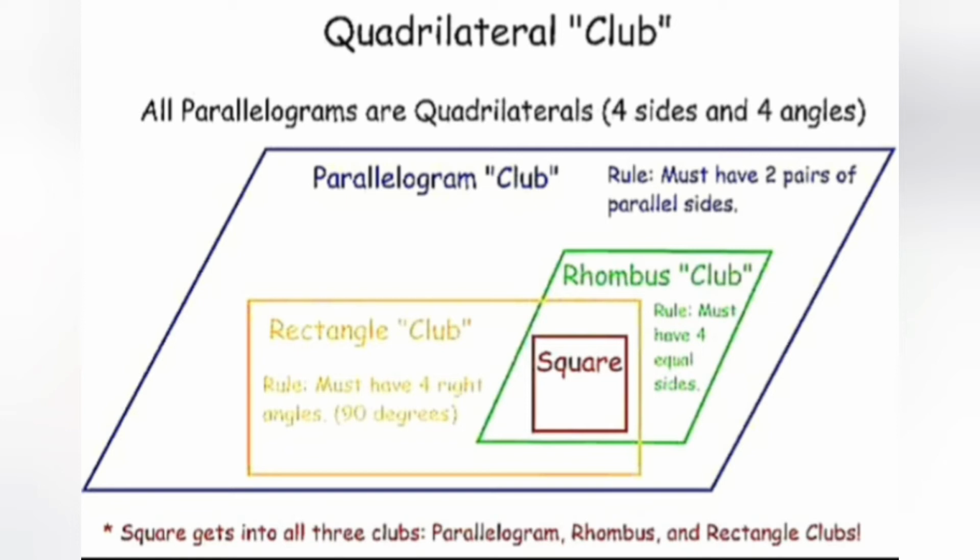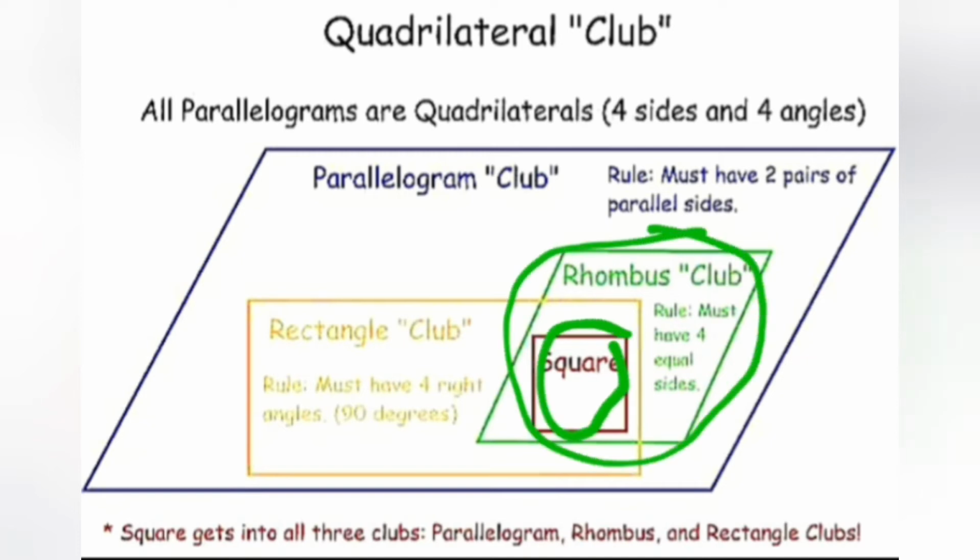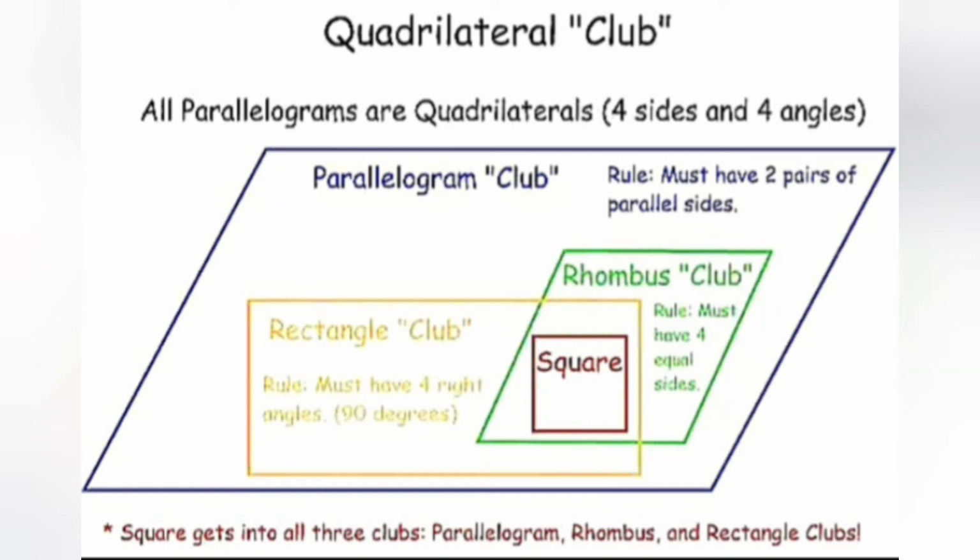Next, what is the criterion or rule for a quadrilateral to be a rhombus? It must have all 4 equal sides. This does not happen in a parallelogram, nor in a rectangle. So in which does this happen only? Rhombus and square. So every square is also a rhombus. Likewise every square, every rectangle, every rhombus is also a parallelogram. Next, what is the criterion for a rectangle? It must have 4 right angles.